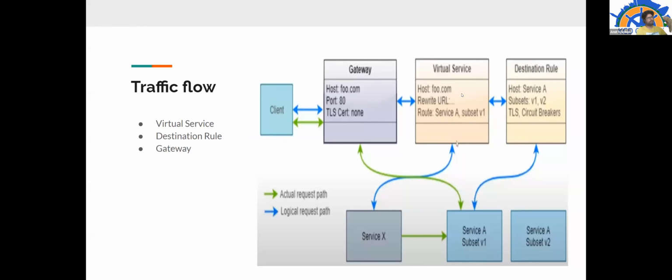Now, virtual service can have any number of rules. Likewise, destination rules can also have any number of rules, and those will be applied in sequence, in the same flow from top to down, and it is OR in nature. Like if you have defined, let's say, 6 rules and any of them is a success, it will pass through. Same goes with the destination rule.